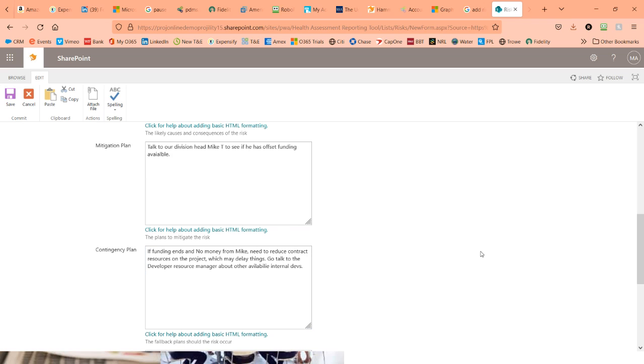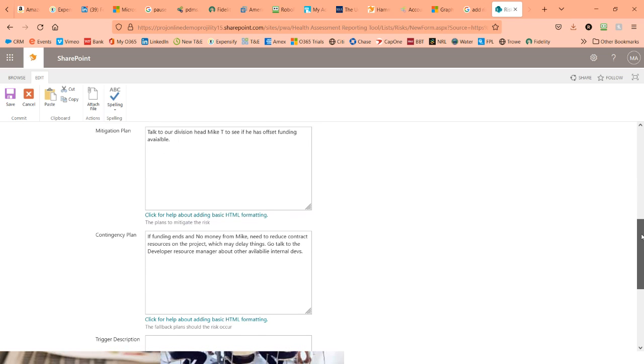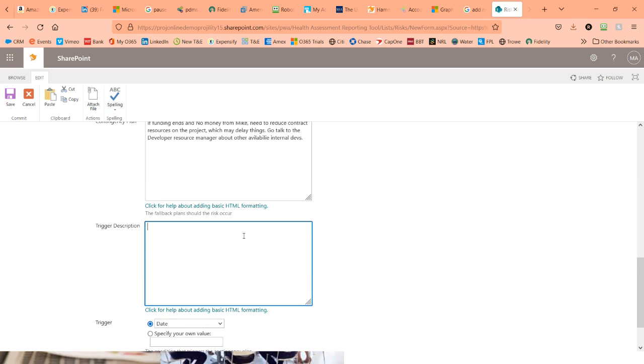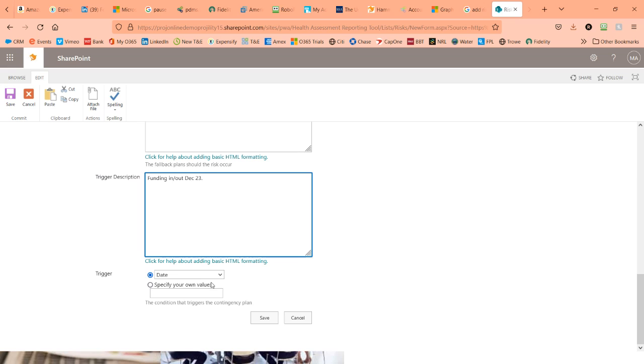So what we can start doing is adding a contingency plan. I'm thinking through, what am I going to do if this risk does occur? How can I have a contingency plan around that? A trigger description: funding in, out December 23rd. Now I'm saying that's the trigger description if this occurs, and it may be driven by